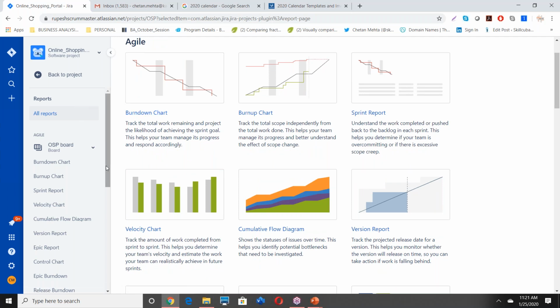From the management perspective, they may be interested in how many stories were completed in that sprint, how many defects were created or opened during the testing, how many were resolved, how much time it took to complete one story. They may be interested in those kind of metrics.